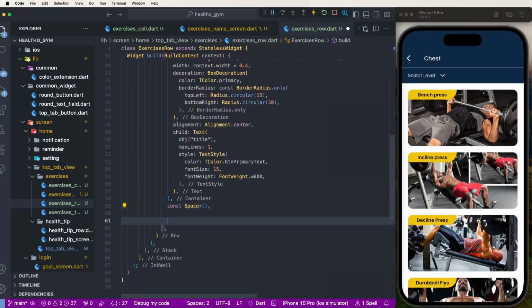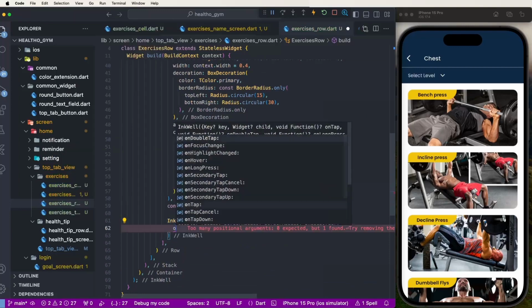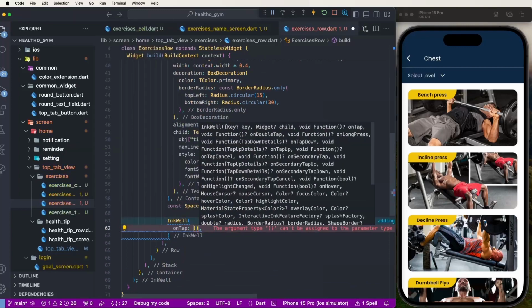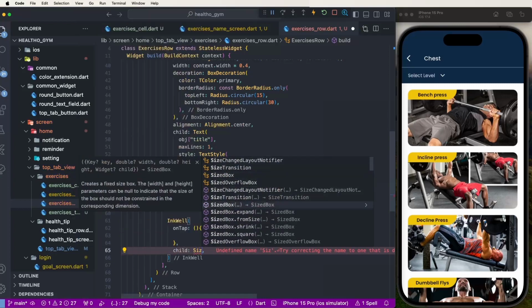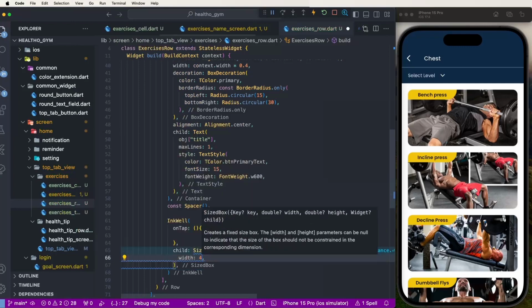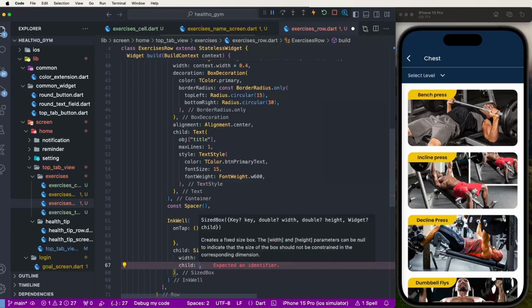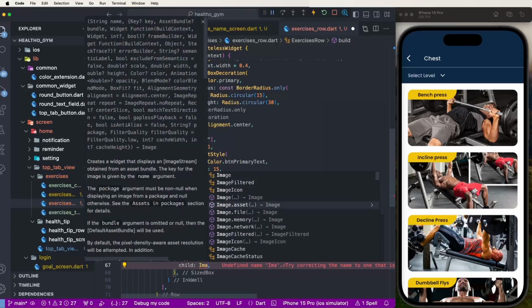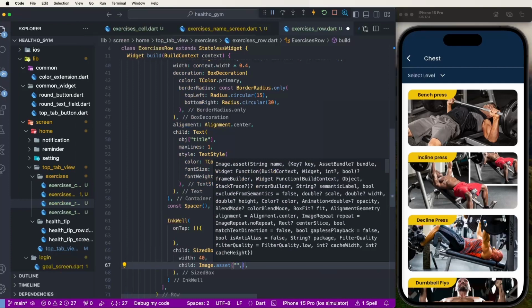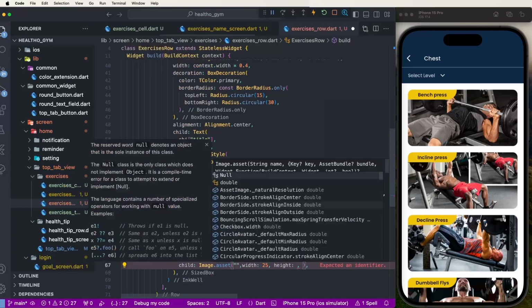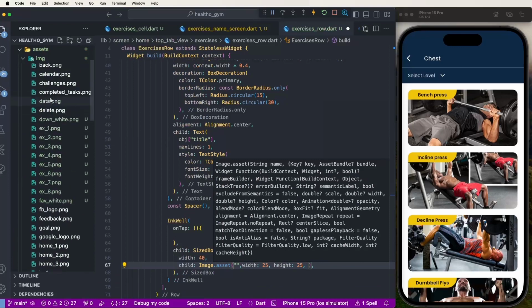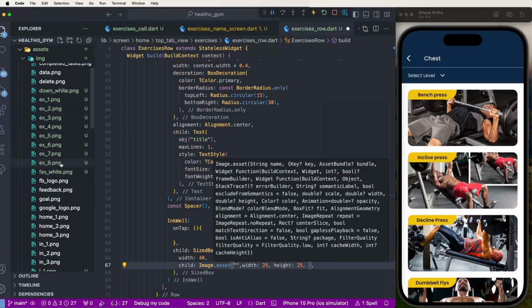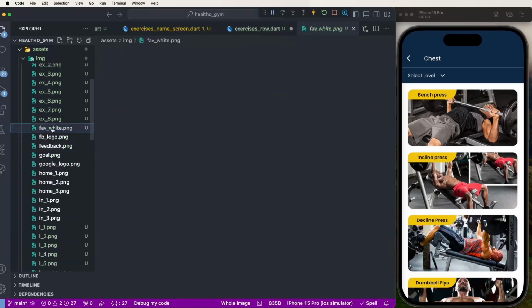Now develop the InkWell onTap event, then after set the child, and set the SizedBox, give this the width as 40, and set the child. Now set the image asset, and give this the width as 25 and height also 25. Now copy the white favorite buttons. Check the white favorite, copy relative path,